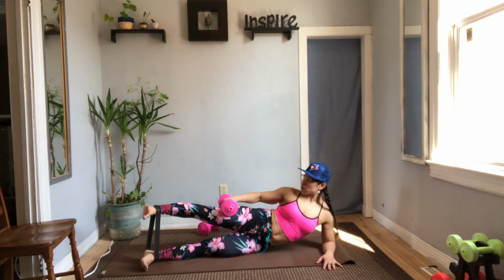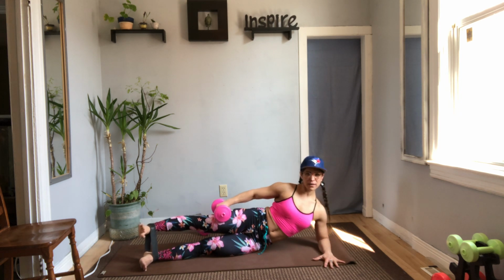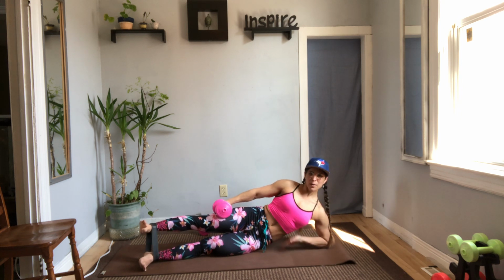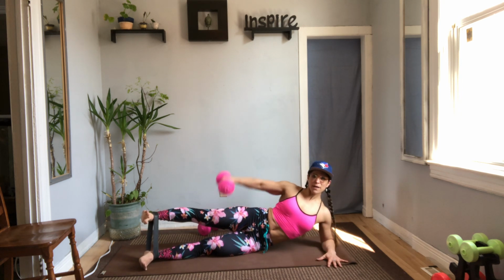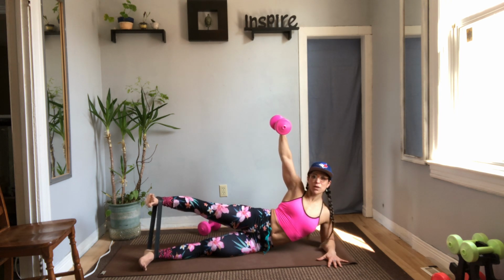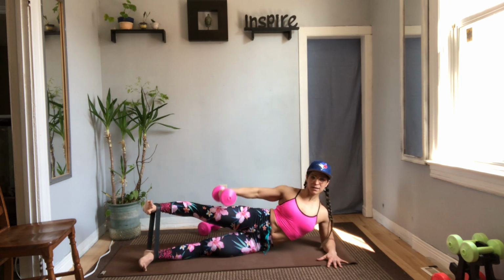Lift your right leg so that your toes are pointed to the front wall. Both legs are straight. Now look at my left shoulder. I'm pushing out. My left side is strong. Right leg, arm up. The right leg stays where it is, so it's resisting the band. Lower the arm and lift for 10, 9,